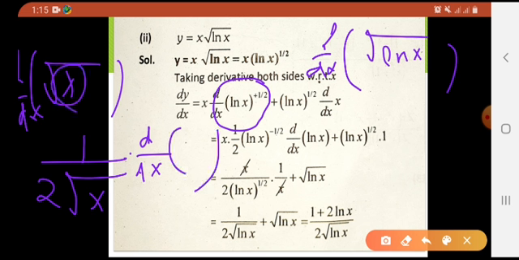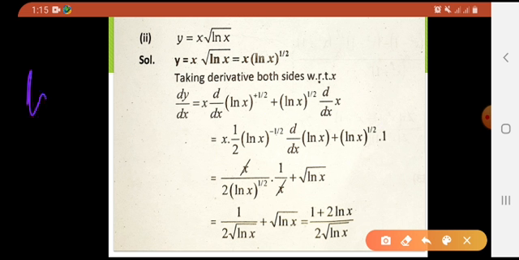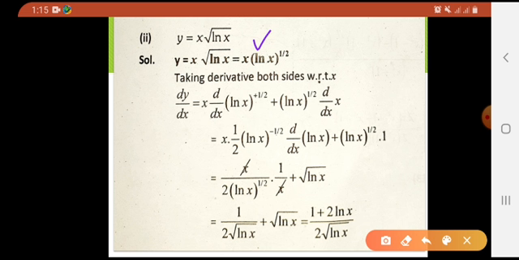ऐसा ही है. Similarly over here it would be 1 divided by 2 into radical of this thing, whatever the term given to you is, into further derivative of the function which is inside, which is natural log of x over here. So the answer would be, अच्छा मज़े की बात ये natural log of x का derivative is the easiest. It is 1 over x. Simple, because further derivative of x would be 1. So the answer would be 1 over x. ठीक है जी? Let me explain it to you.